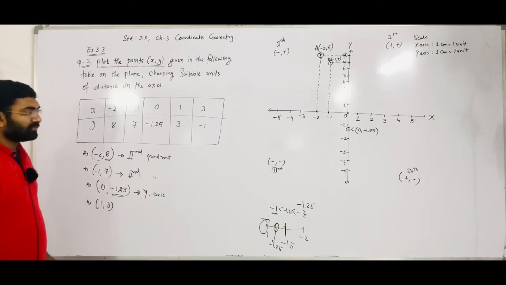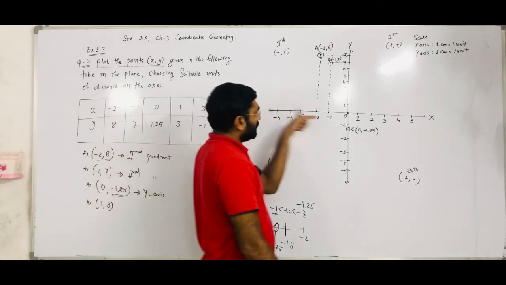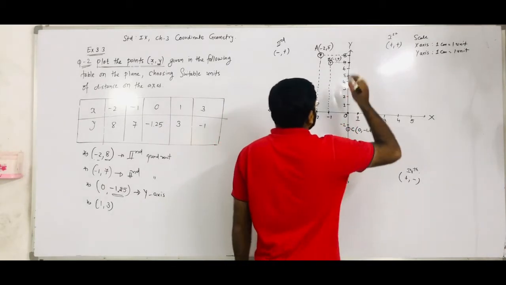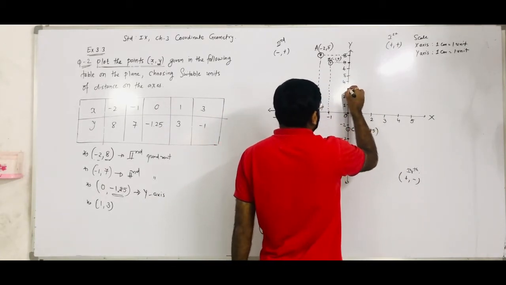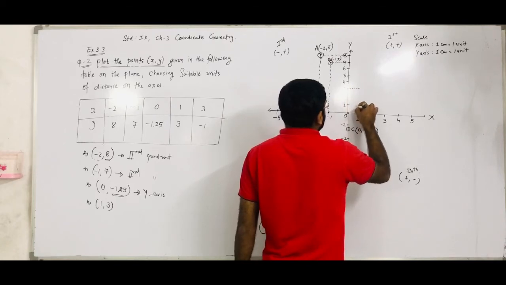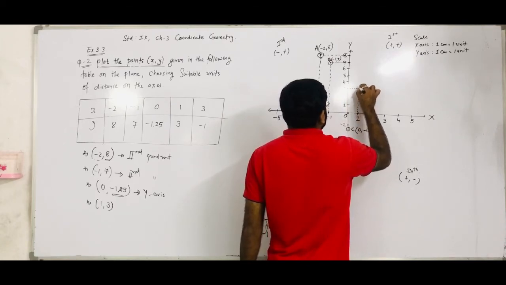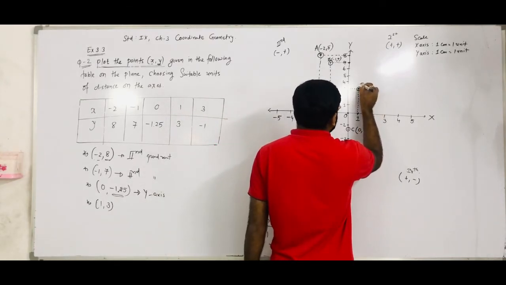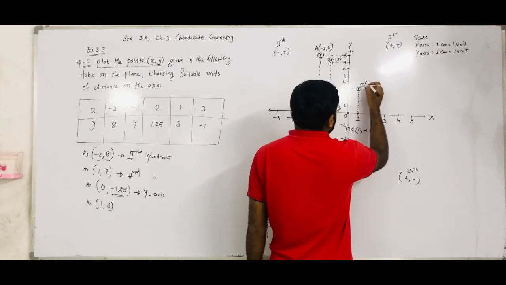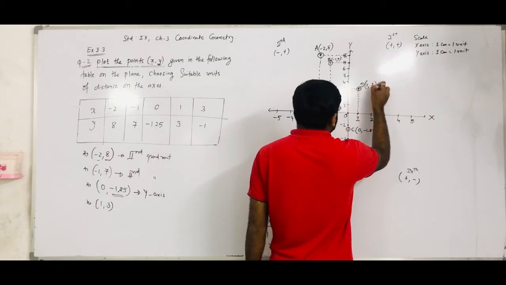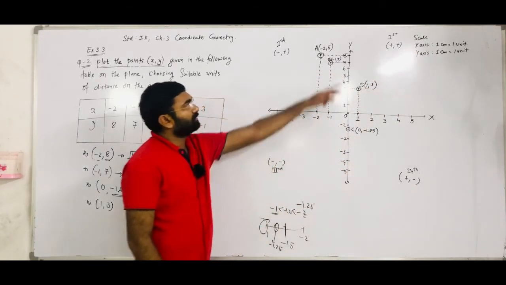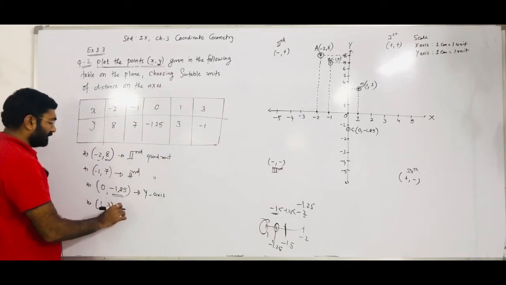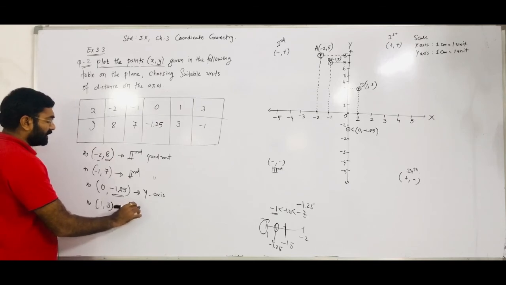So its x coordinate is 1. So on the x-axis we have to find 1, it is here. And 3 is on the y-axis, 3 is here. So from both the points we have to draw one perpendicular line, right? So here we get the intersecting point. This is our fourth point. We give it the name D, and its x coordinate is 1, y coordinate is 3. So D (1, 3) lies in the first quadrant, and that way we can locate it in a Cartesian plane, right?